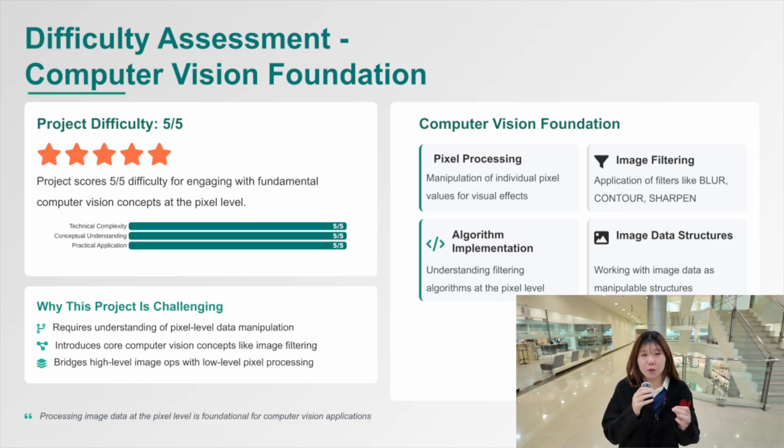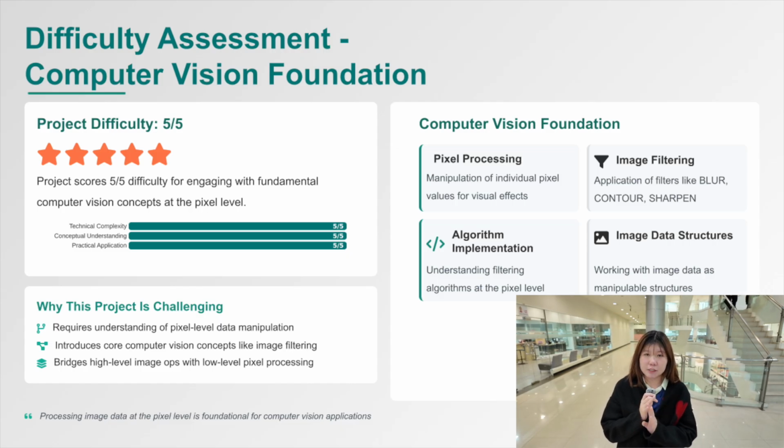It introduces core computer vision concepts like image filtering and processing. It also bridges high-level image operations with low-level pixel processing, which is very detailed and precise. In terms of computer vision foundation that I've mentioned earlier, we've talked about things like pixel processing, image filtering, and also we implemented multiple algorithms. We also use various data structures that we've learned in class to store image data and turn them into manipulable